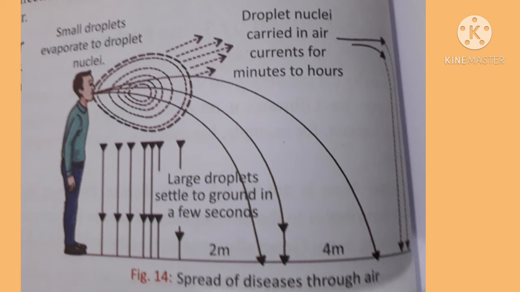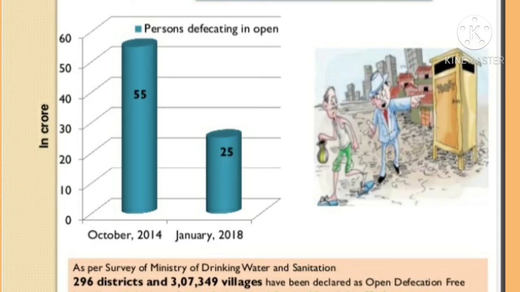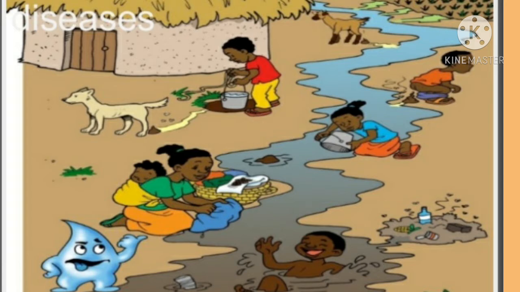Spread of diseases through water. Many diseases get spread through water. This happens when someone with an infectious stomach and intestinal disease, such as cholera, mixes the excreta with the drinking water, which is used by people living nearby. Through the water they drink, the cholera causing bacteria enter the body and cause disease in them. In the absence of safe drinking water, these diseases are much more likely to spread. Jaundice, cholera, dysentery, and diarrhea are such diseases.